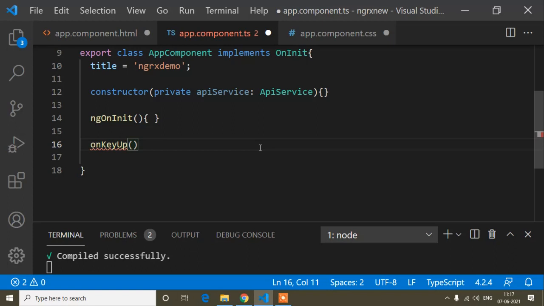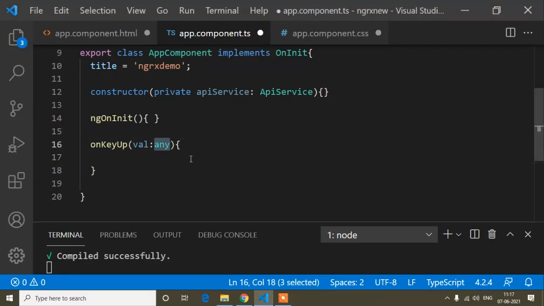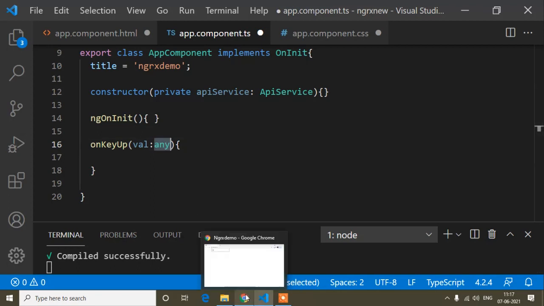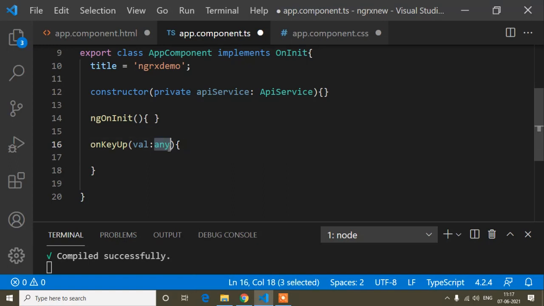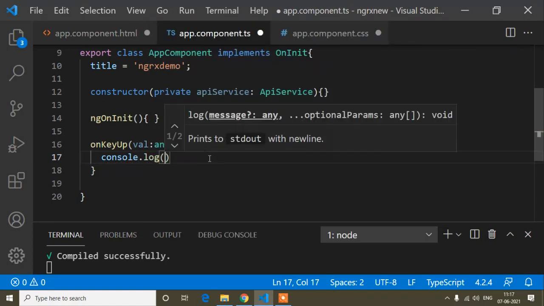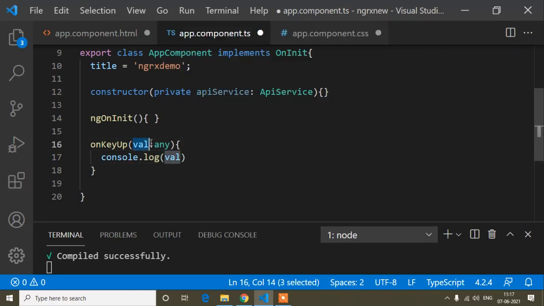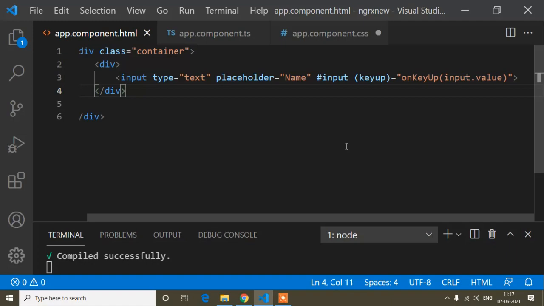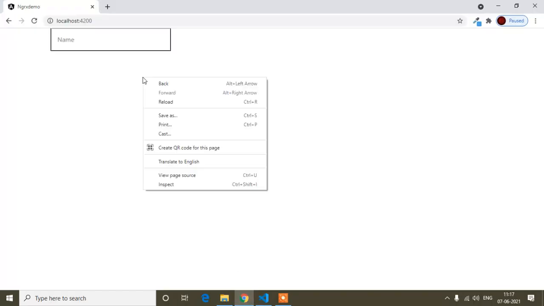The parameter name you can pass anything, so I will write the parameter name as value, and I have to set the type. The value type may be any, but actually I will type a number, so you can set the value type as number here, but I have set any, which means anything: you can pass a string value, number value, anything. I have written any, but you can separately mention number also. Now here I will write console dot log and print the value. First of all I will check whether I am getting the proper output in the console or not, so I will save this. Now I will open the console first of all.